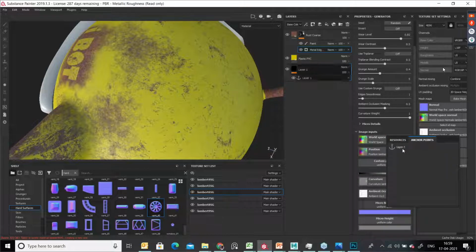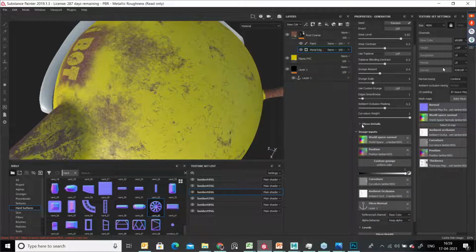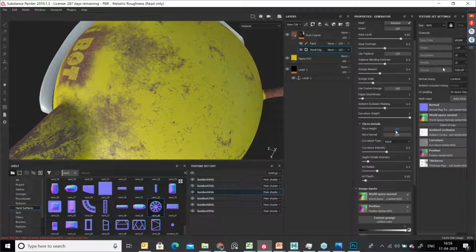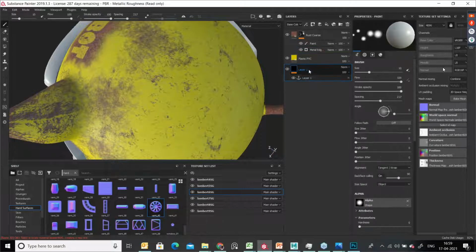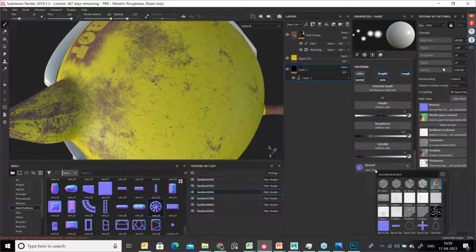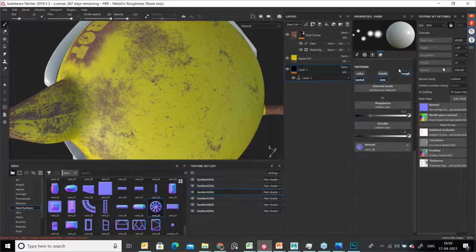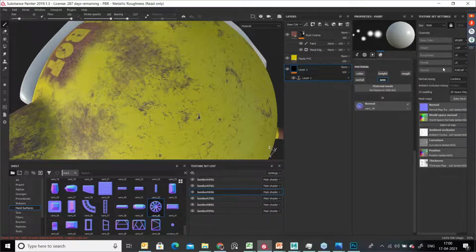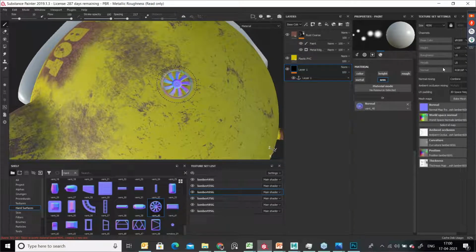In this you can choose anchor point layer 1, and then the micro layer you can just switch on. Now we have to apply the stroke over here. I should choose this normal map, and I can switch off other stuff. See here, I got this normal map. I should increase the size, okay, and I can increase the strength.